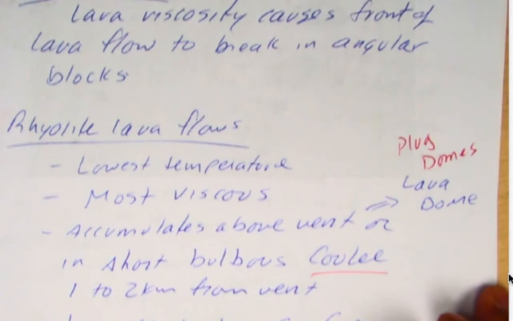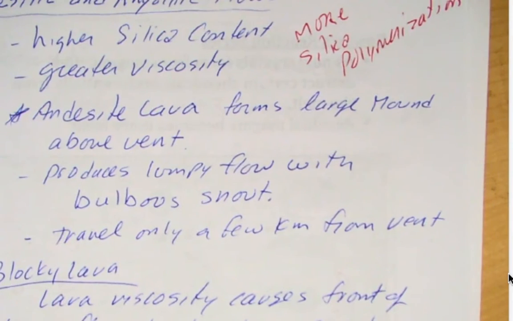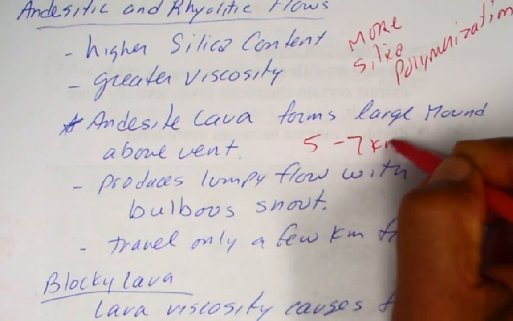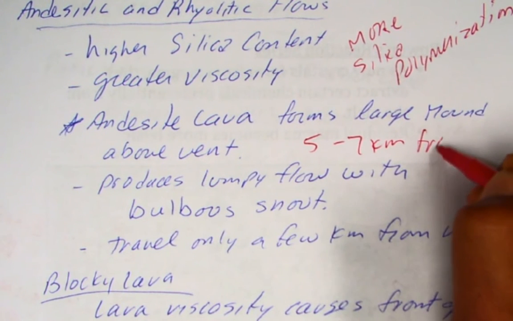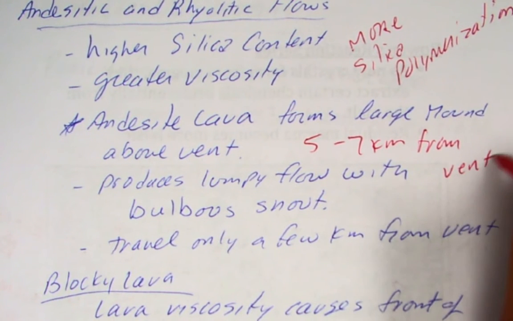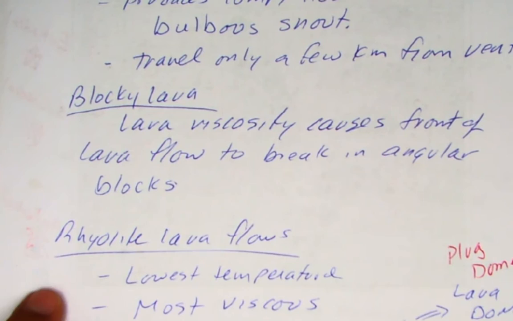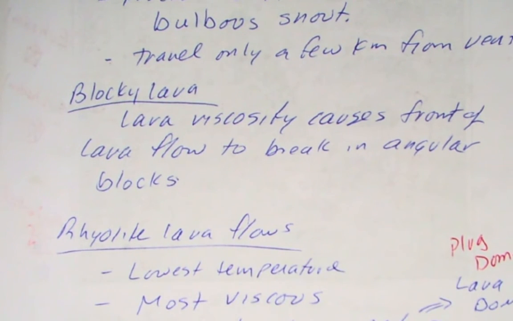Kind of going back to the andesite flows over here. Remember, I said that these andesite flows are going maybe 5 to 7 kilometers from the vent. So they're moving a little bit farther than the rhyolitic ones, if the rhyolitic ones flow at all, right? So as we go along here,